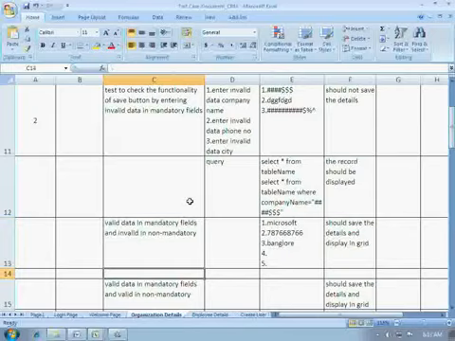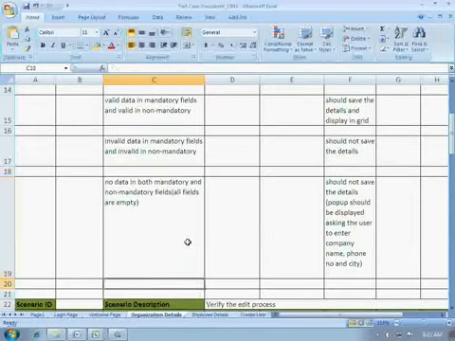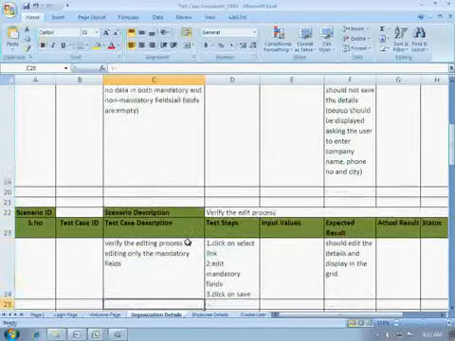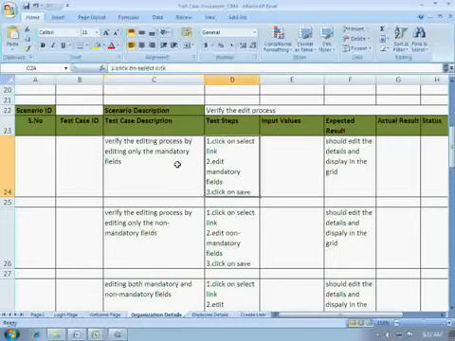And similarly, you can add a test query here also for valid data in mandatory fields and invalid data in non-mandatory fields. After each test case, you can add that step. And after that, we had the edit process. We wrote test cases for the edit process. Similarly here, what we can do is